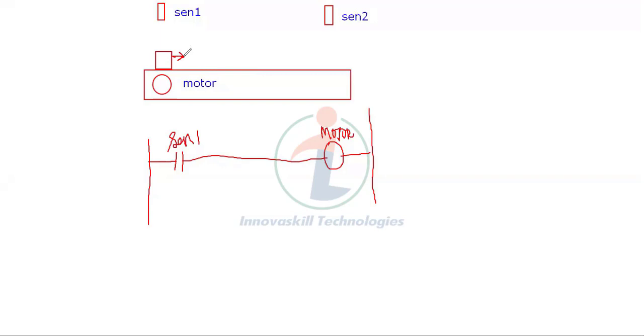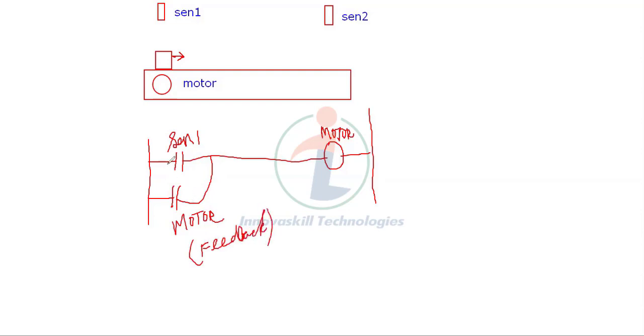In order to keep the motor on continuously, I have to take the feedback of this motor. That is, the sensor is not giving a continuous input to the motor, so the motor gets deactivated. To give a continuous input to the motor, I am going to take the feedback of this motor like this. For this also, I'm going to give the same motor address. Initially I'm not going to activate this motor, I'm going to activate the sensor only. So this is the feedback of the output.